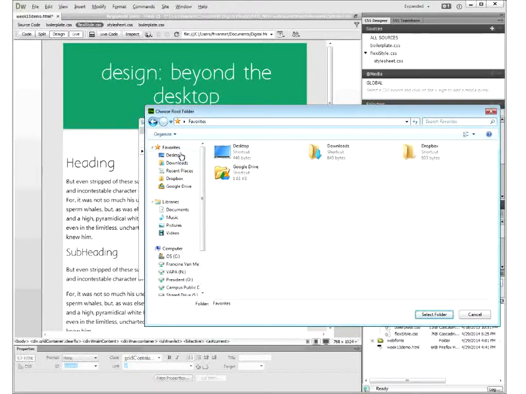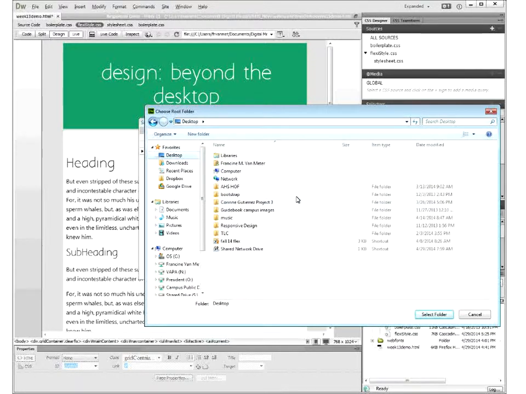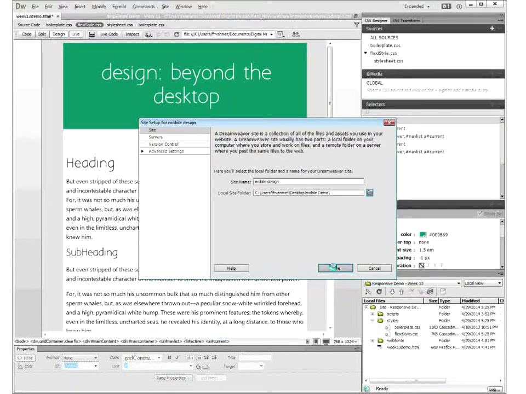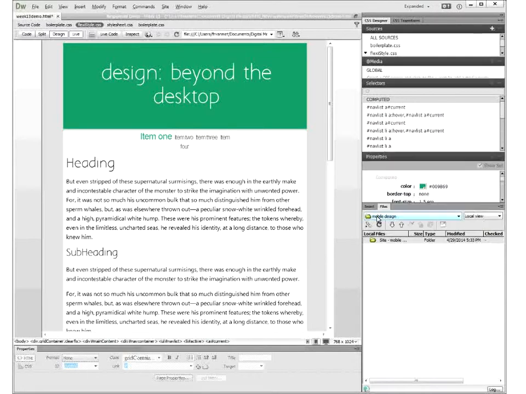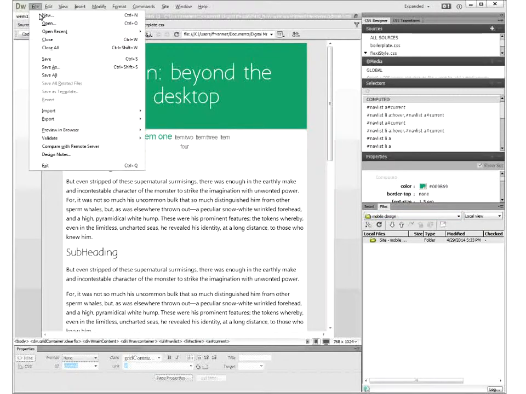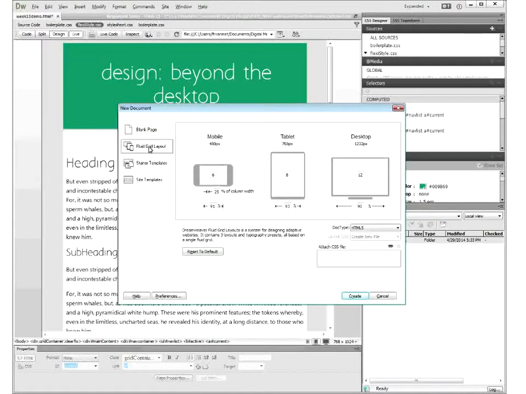Let's create a folder. Okay, so I've got a new folder here called Mobile Design, and I'll go to the File pull-down menu, select New,